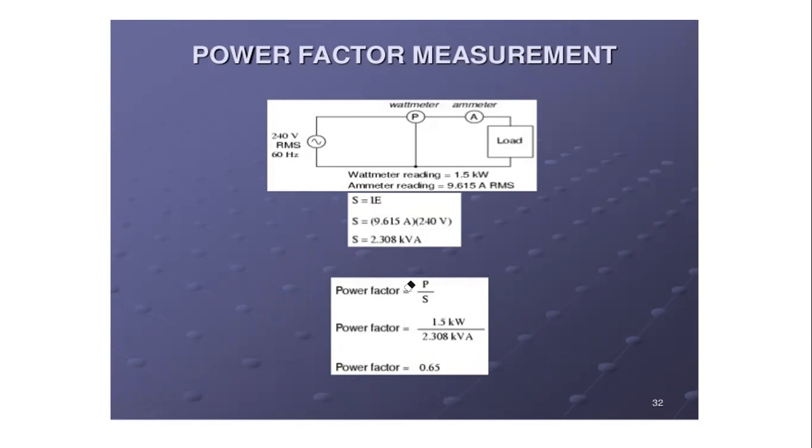Therefore, when we obtain the moderate power factor, there is no effect on the consumer side or on the generating side. That is the main reason for calculating the power factor by using power factor meters, or the watt meter and the ammeter connected to the circuit. Then we easily calculate the ratio of actual power to the apparent power. That is the calculation of the power factor.